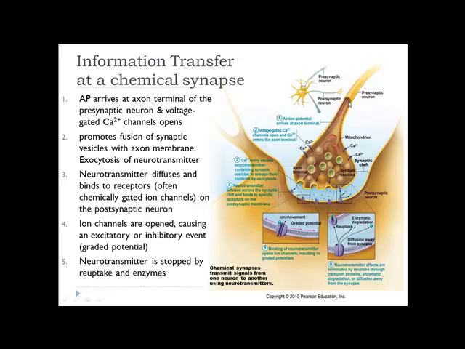So that'll be the way the action potential goes from this nerve to the next nerve. So action potential arrives at the axon terminal, calcium comes in. It tells us to release our vesicles, the neurotransmitters travel across the synapse, the ions bind with their proteins, the proteins open up, and then we're going to have an enzyme released to break down all of these neurotransmitters. Why? So the nerve doesn't keep firing.